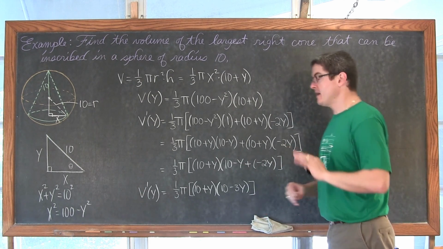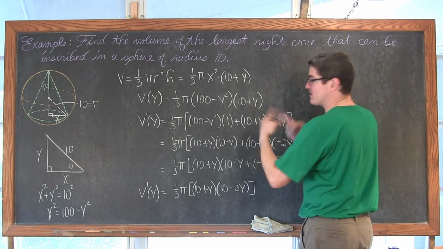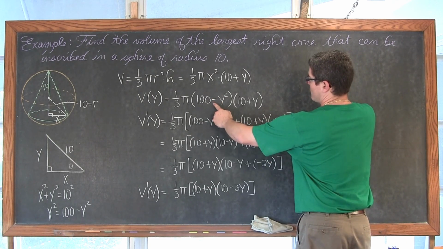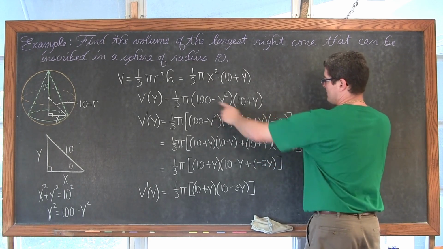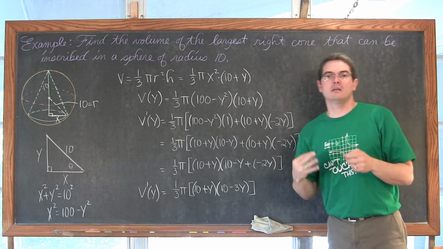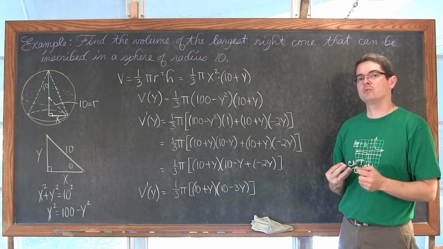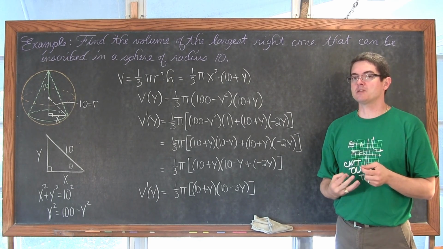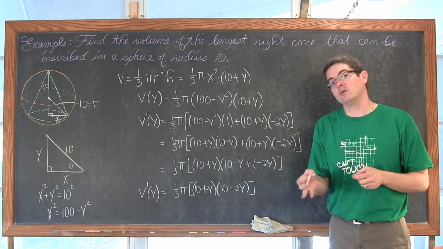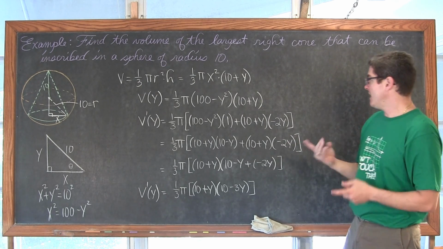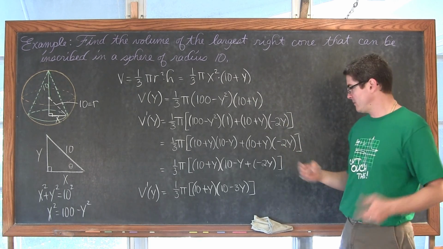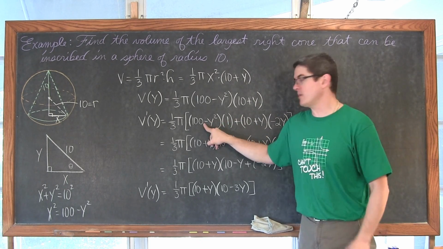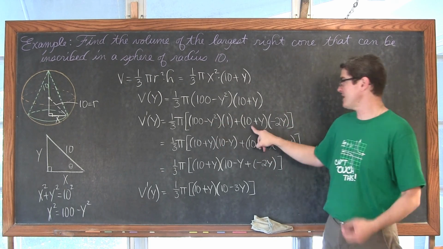All right, so we applied the product rule, of course. We have first times the derivative of the second, plus the second times the derivative of the first. And keeping with the idea that I want to find critical values by setting the first derivative equal to 0 and undefined, I didn't just take this negative 2y and distribute it through the parentheses, and maybe it wouldn't have been a big hassle if I had, but I noticed that we had a difference of squares here. Plus I have a 10 plus y.